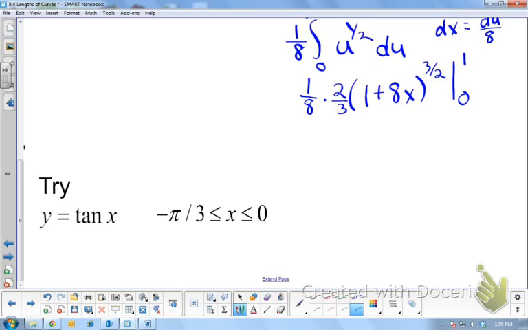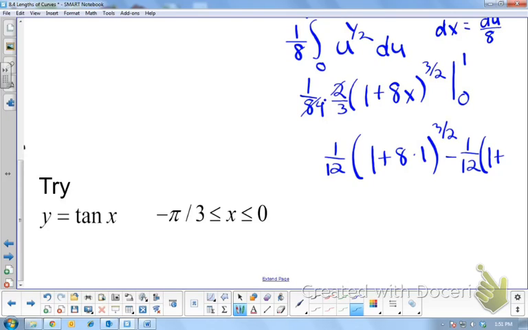So now we have to do the fundamental theorem of calculus. We can do some simplifying with these coefficients. We get 1/12. Plug in 1. Now this is a case where we do have to plug in 0. Yes, there's a polynomial inside, but not everything will disappear because we'll still have 1 plus 0. So you have to do minus, sorry, that's not 1 over 2, that's 1 over 12, minus 1/12, 1 plus 8 times 0,